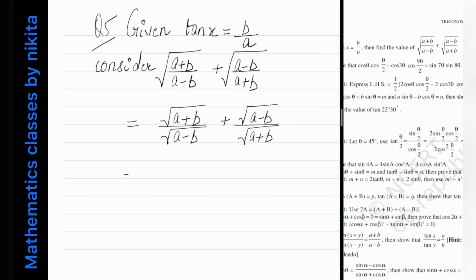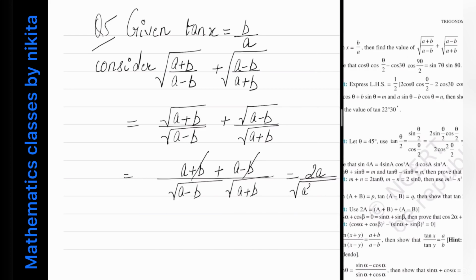Now you can take the LCM. So LCM आपका क्या आएगा? Root of (a minus b) into root of (a plus b), and in the numerator you will have a plus b plus a minus b, ठीक है, which is equal to, so b and b will be cancelled, b with minus b, so you will get 2a divided by, so this is under the root a square minus b square, and this can be written as 2a divided by, now I can take a square out of the under root,